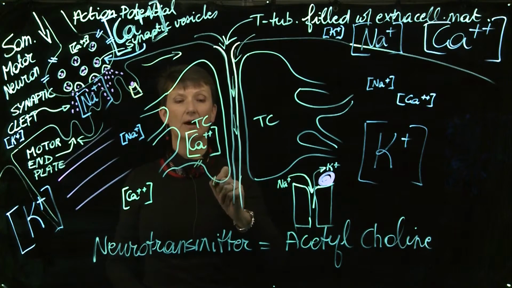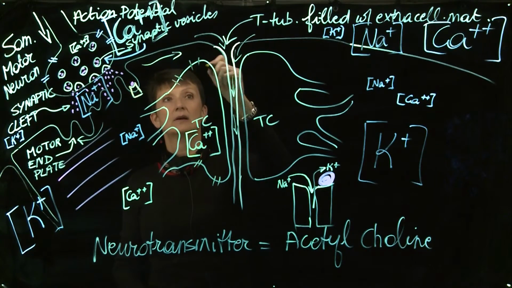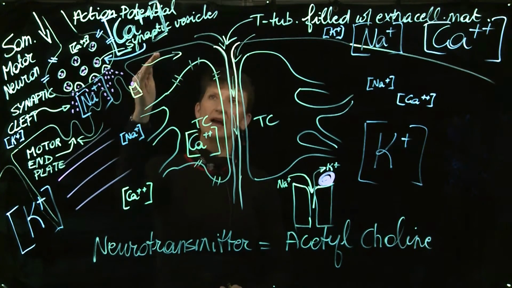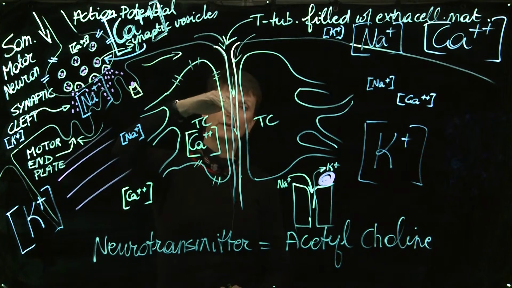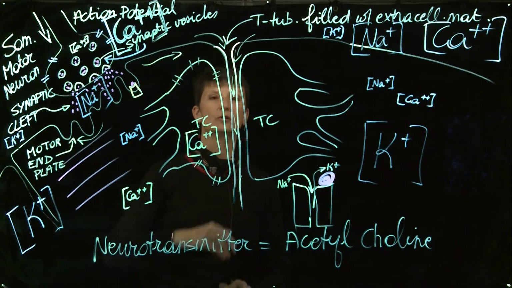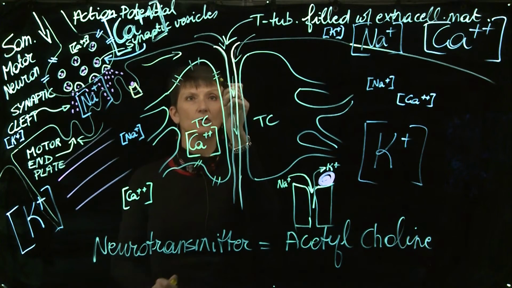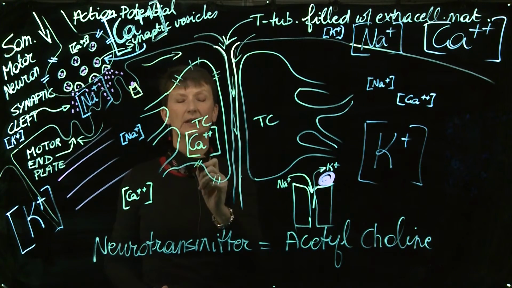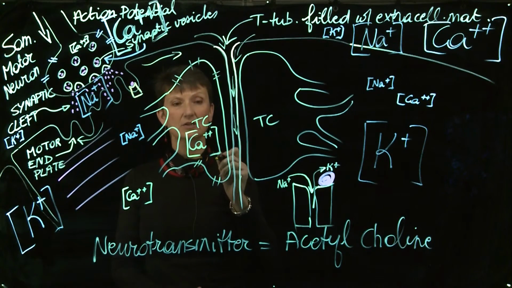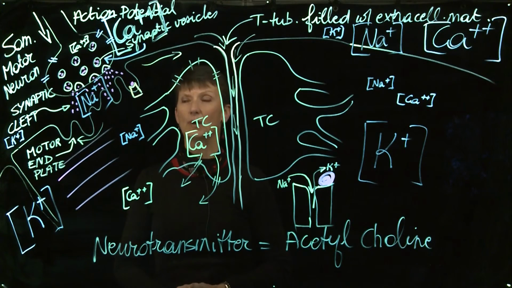So inside of cells, we see a much lower concentration of sodium compared to the outside. And so maybe we can add another sodium here. High concentration there, much smaller here. And the opposite for potassium, much higher on the inside of a cell compared to the outside of a cell. So if there's something that could trigger